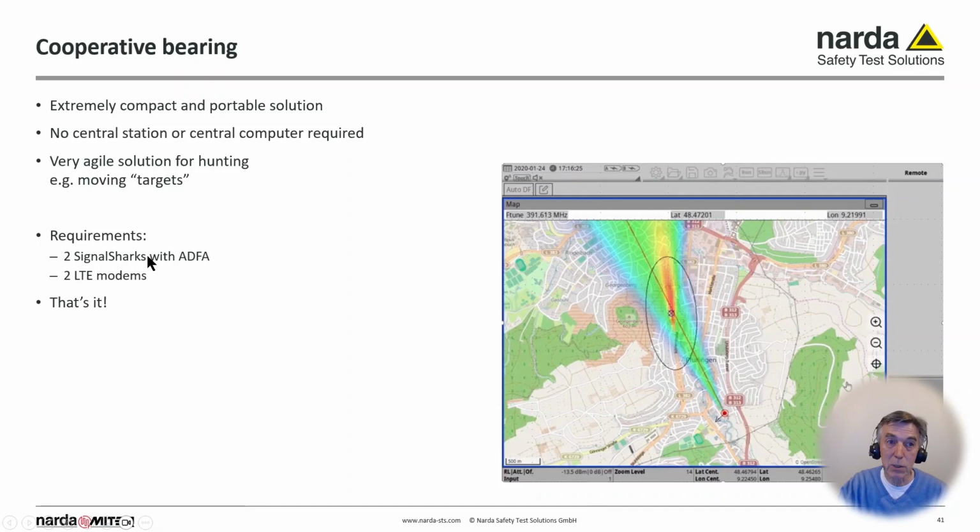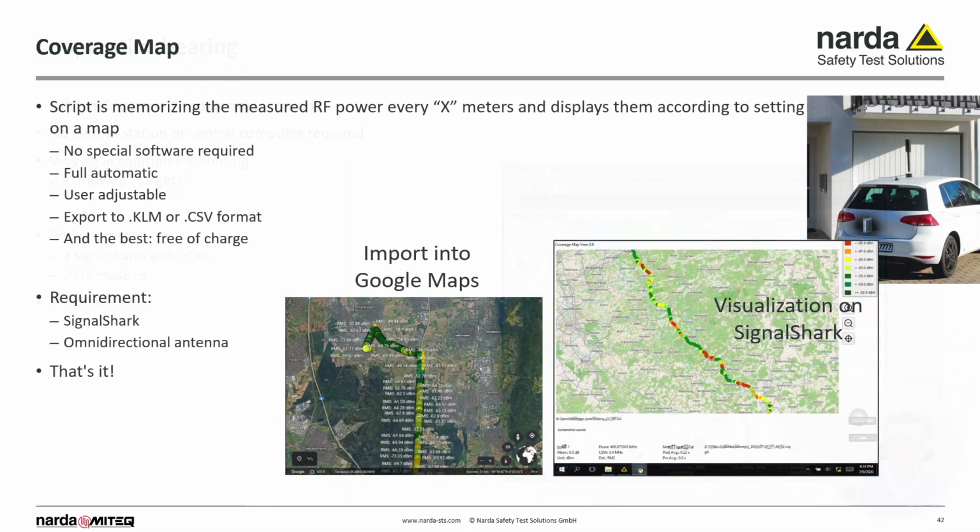And what you need is two SignalSharks with automatic antennas and two LTE modems. That's it. You don't need special software around. You don't need a big system or a computer. This is really possible just with two SignalSharks and two ADFAs. A very agile mini system, which is, I believe, also the future of